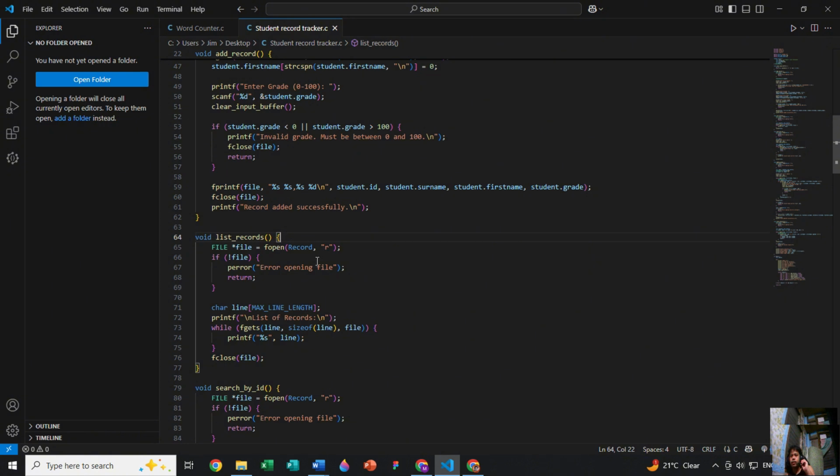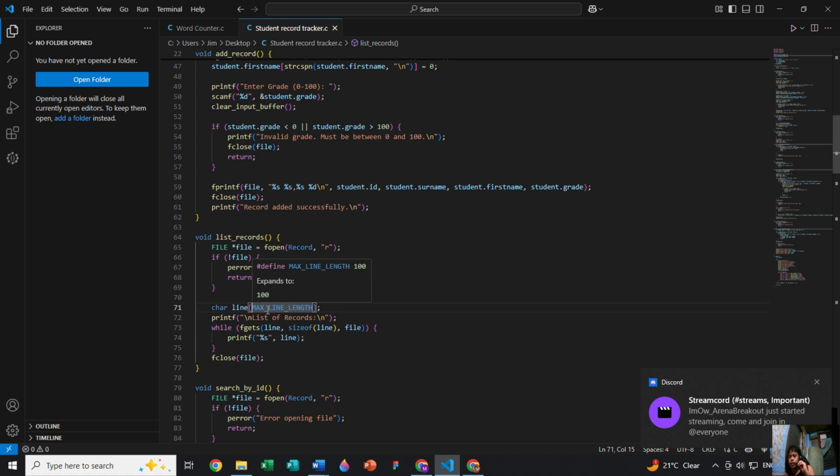Now for the list records. Basically, this will mainly try to find the record, like the grades.txt file, and it will just read it. Next up is the character line of max length.